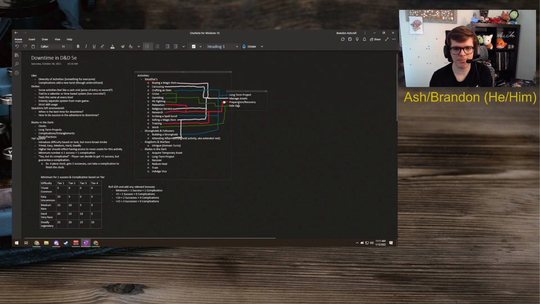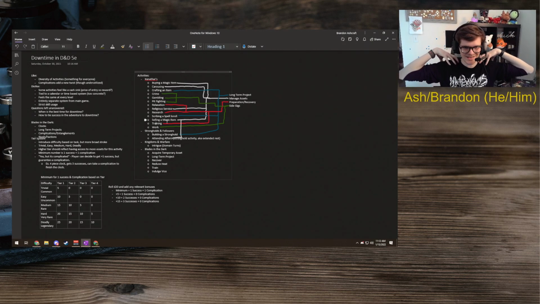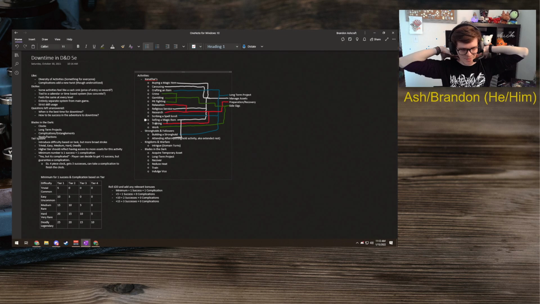So next up would be preparation recovery, which is training, research, and relaxation. My main goal there is to just get research and training in the same realm in terms of what you actually get out of it. Because with research, you have a lore wizard popping up 3 facts about whatever they're researching pretty much every time they roll, which can get kind of ridiculous.